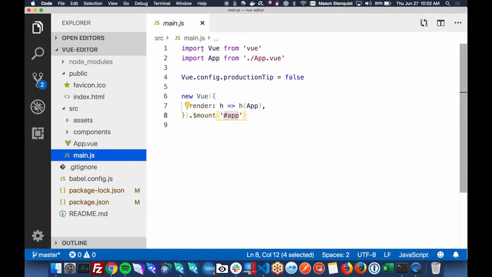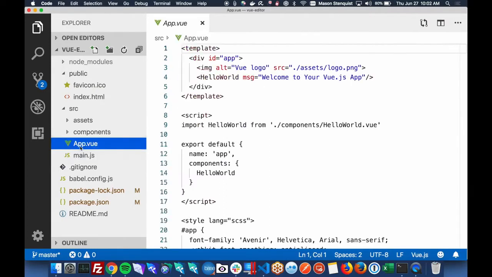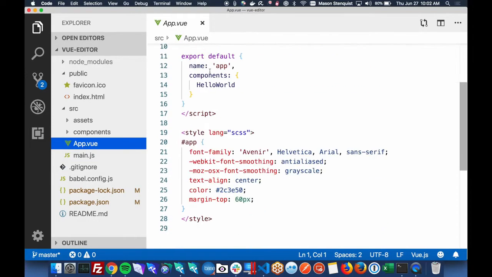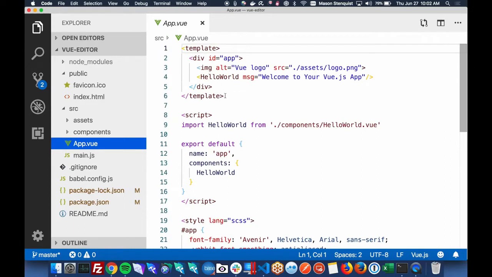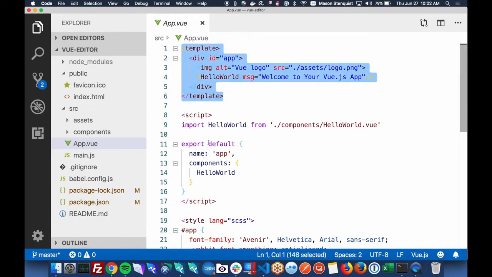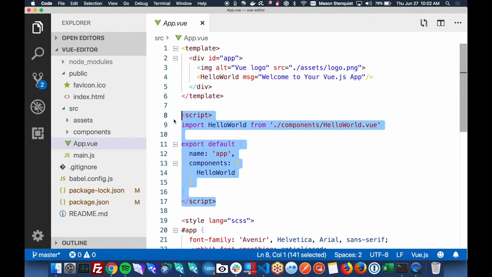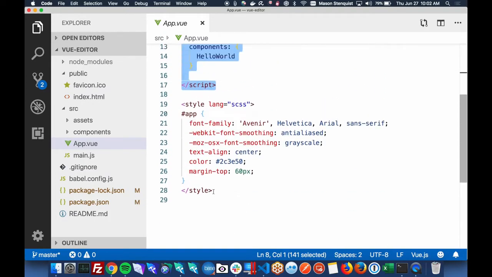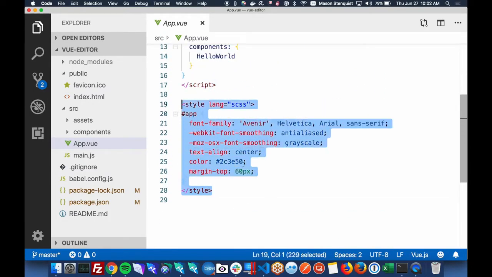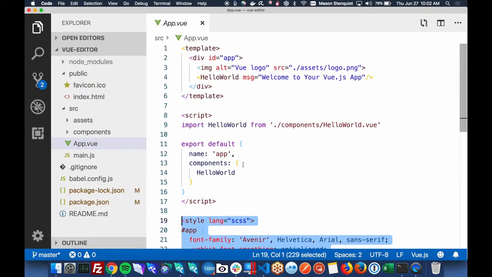It is importing the Vue library, and it's also importing our app component. So app is where we're going to be doing most of our work. It's just a standard Vue component, and Vue components, they have a template section, a script section, and a style section. And a lot of traditional, in the olden days, you wouldn't want to mix your HTML, your CSS, and your JavaScript. You'd want to split them into separate files for performance reasons.